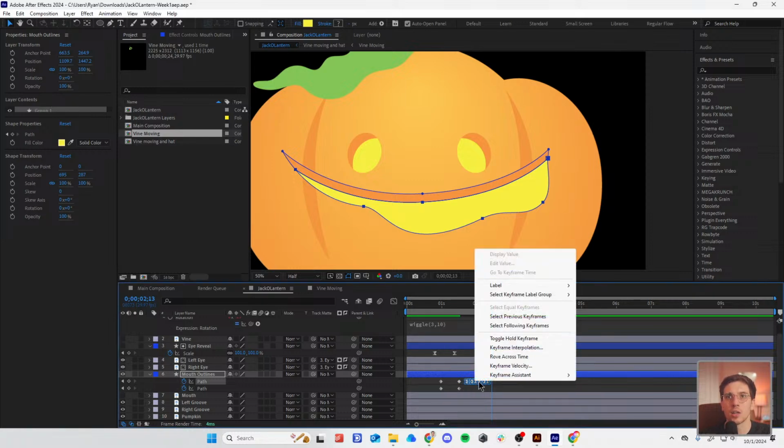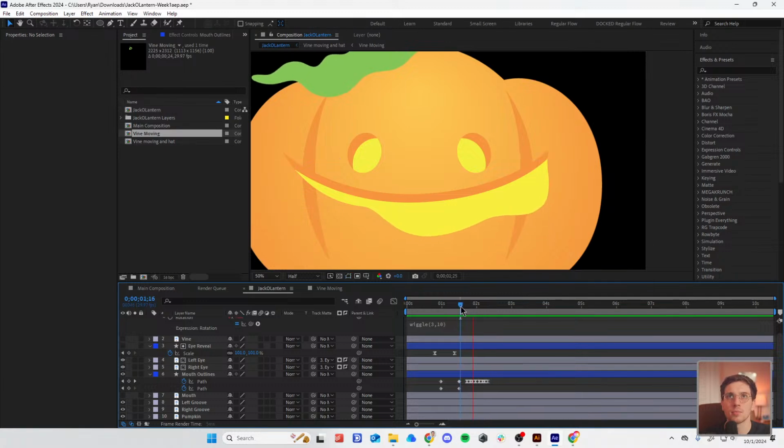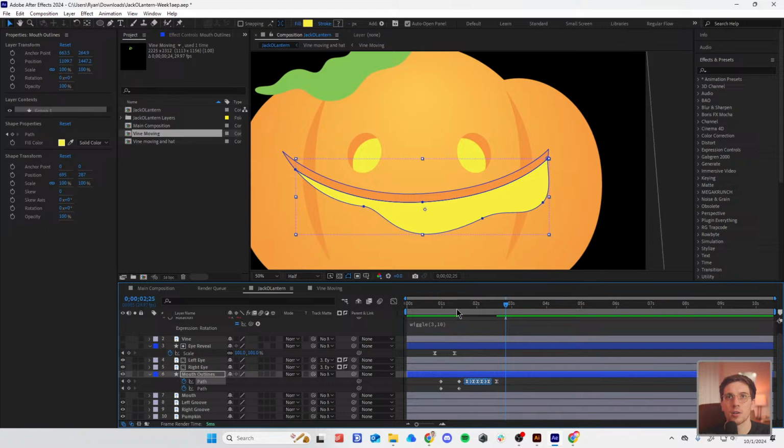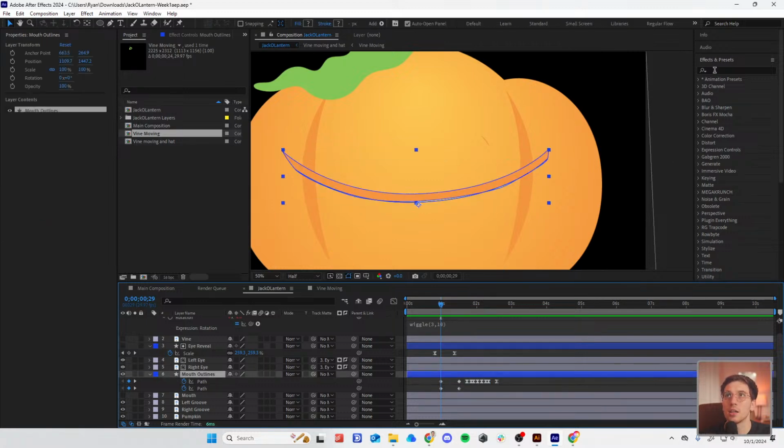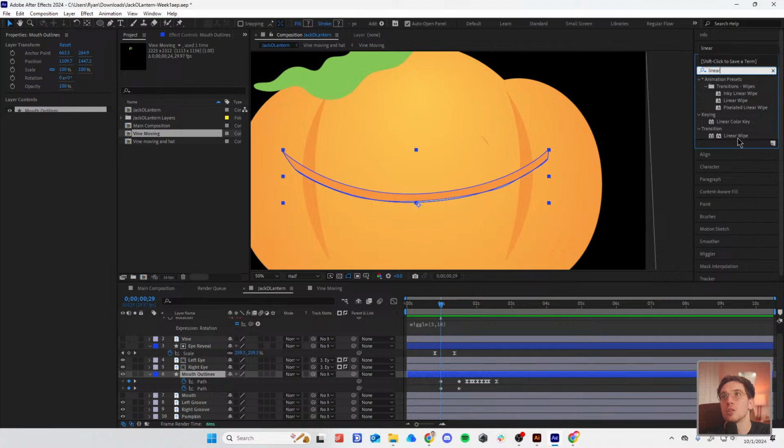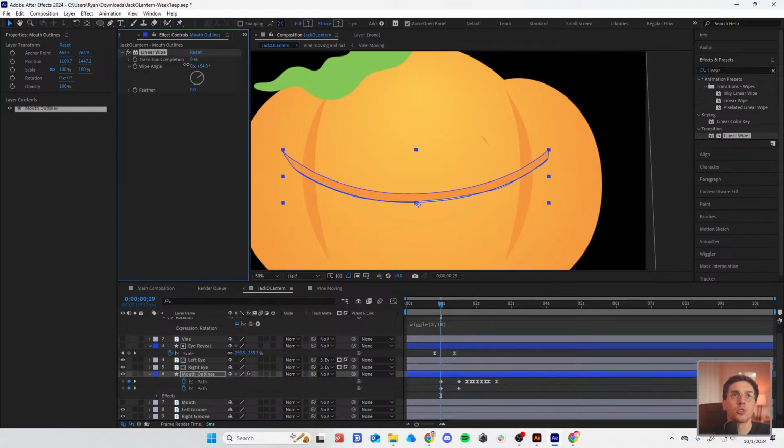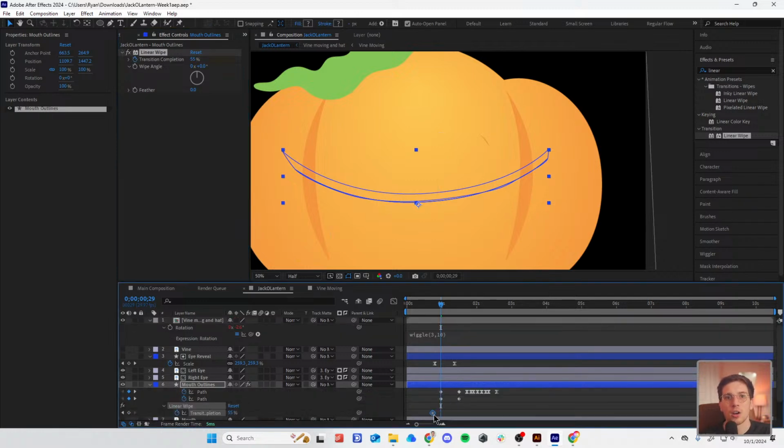Same sort of thing. We can just do keyframe easy ease, and also adjust how they are spread out. For this, we can also do a linear reveal. So linear wipe. We're going to make sure that it is on 0 degrees. Bring that all the way up. Transition completion, in this case, is 55 because it's 55% across. It sounds like Popeye. Then I want to bring it to, we can just do 0, honestly. And then as we do that,